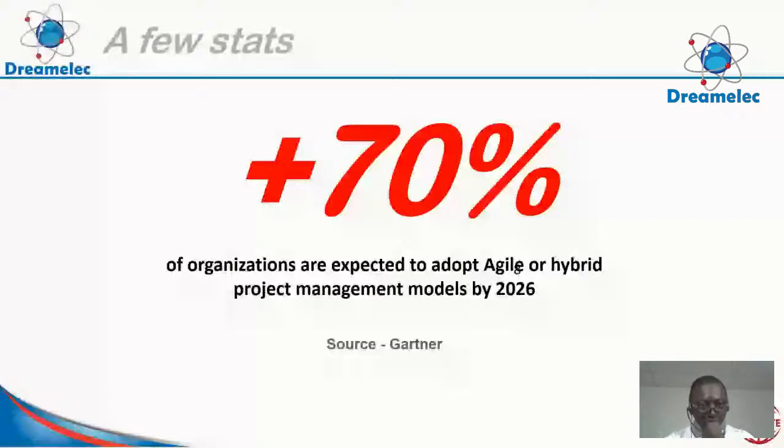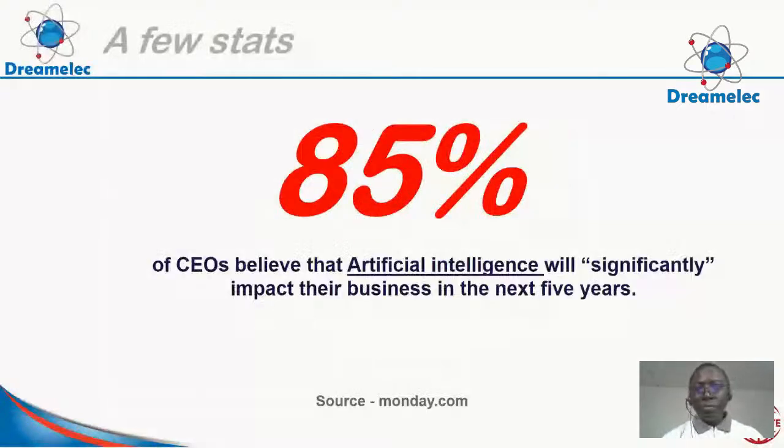I will end my statistics with this one. 85% of CEOs believe that artificial intelligence will significantly impact their business in the next 5 years. Yeah, we're talking more and more about AI. Some people are afraid that they will lose their jobs. Some are really happy to embrace